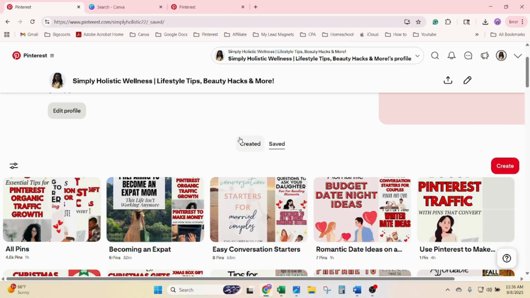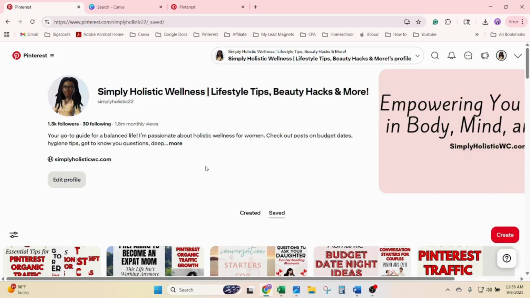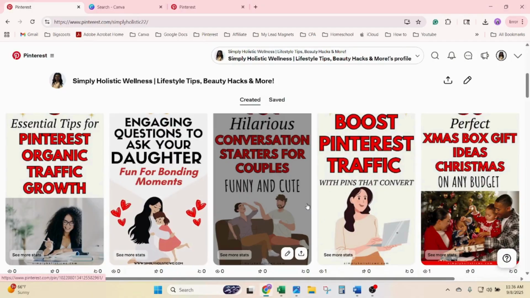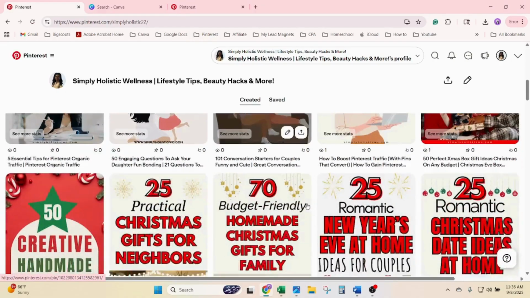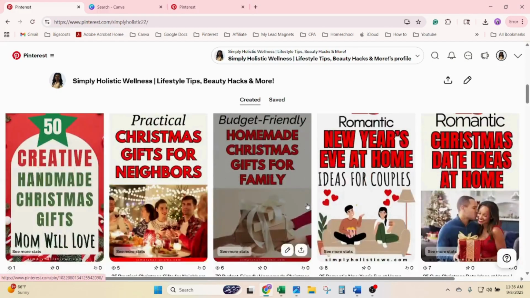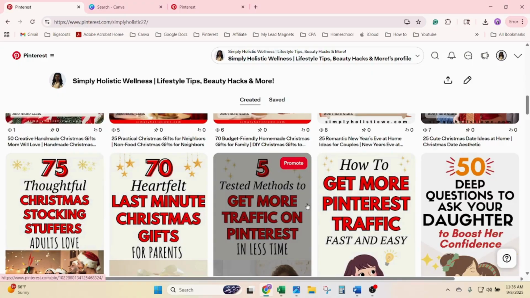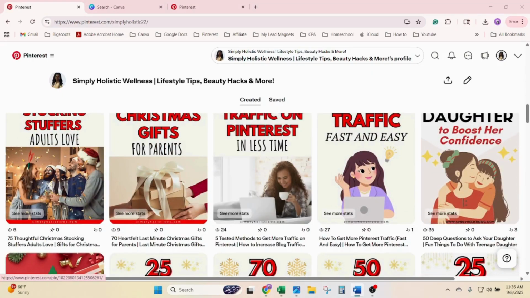So here are a few bonus tips before we wrap up that can make your Pinterest strategy even faster. These are just some extra tips if you want to try out any of these. So first, you're going to want to use Pinterest Analytics to see which pins are performing best and replicate their style. Next, you're going to want to test different images and titles to find what your audience clicks on and